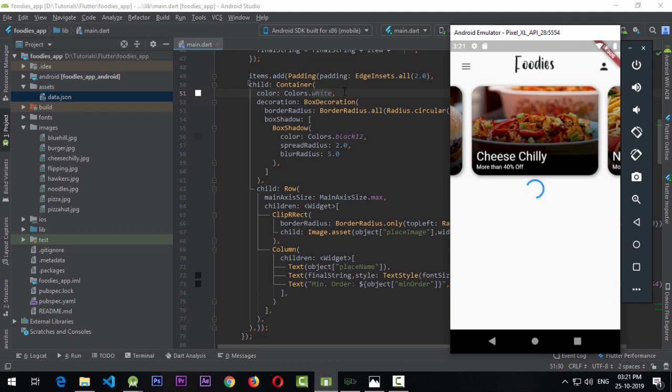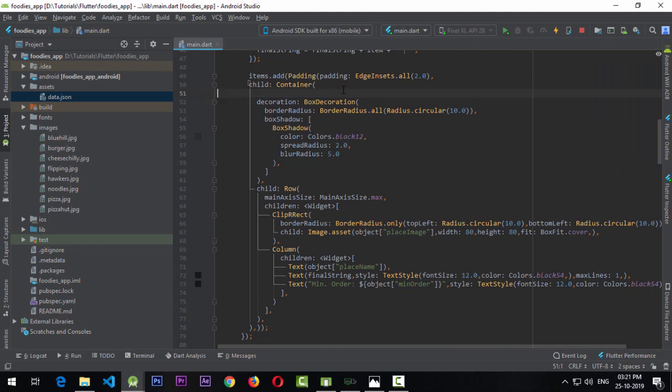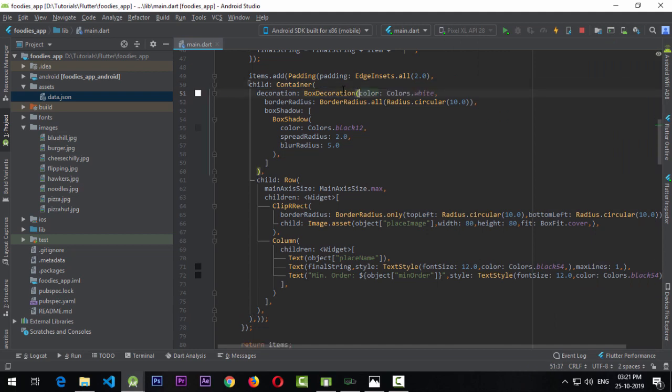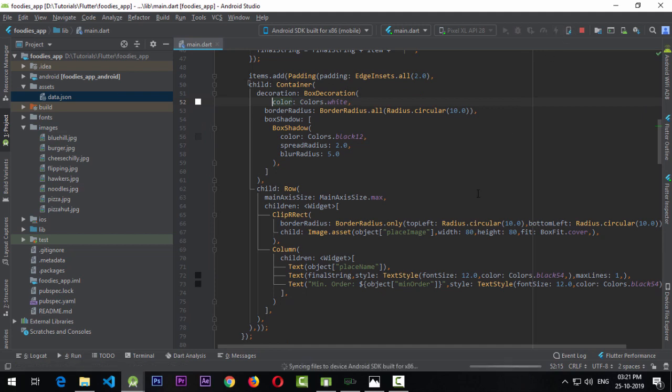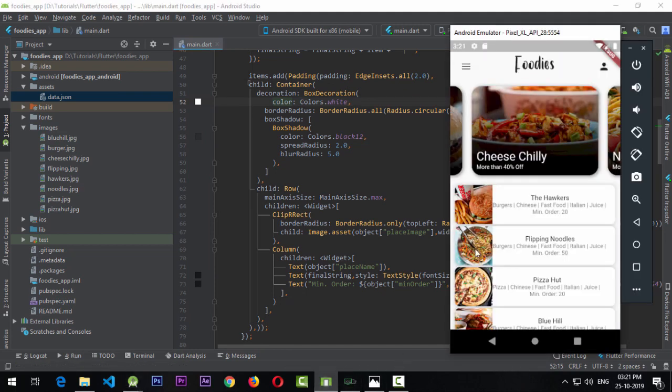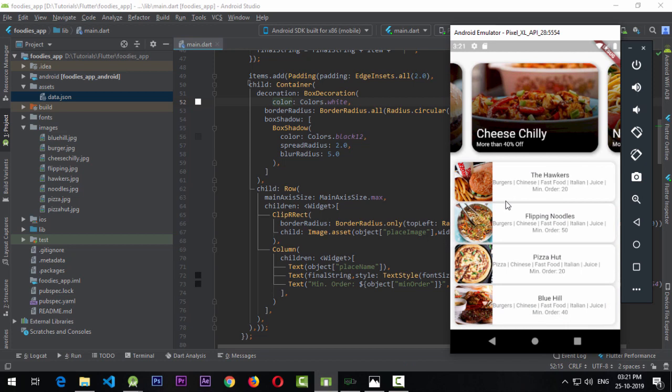So there is some issue. Okay, I think I'm adding a box decoration. So in the decoration I need to add a color of white. Okay, so each item is looking good at this point, but with the row what I need to do is